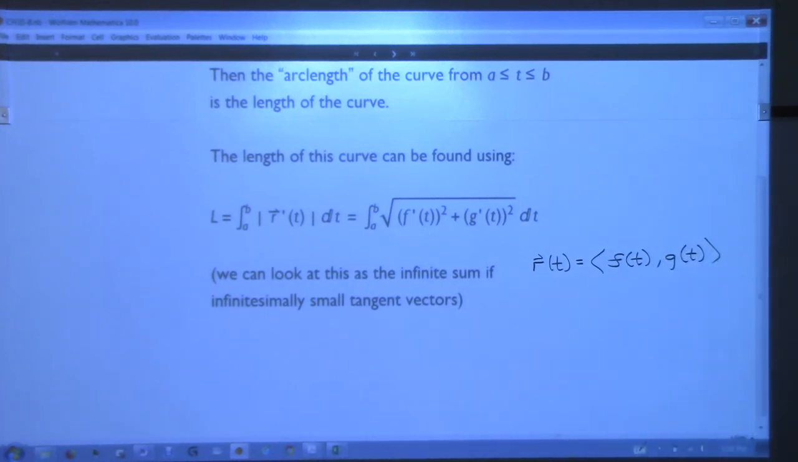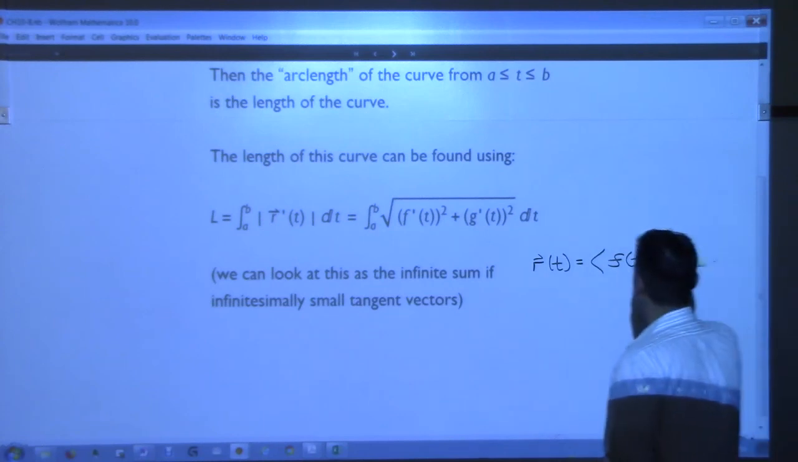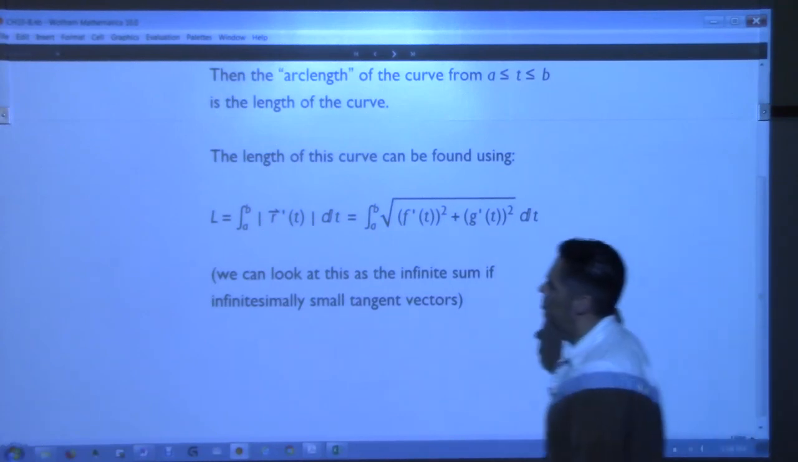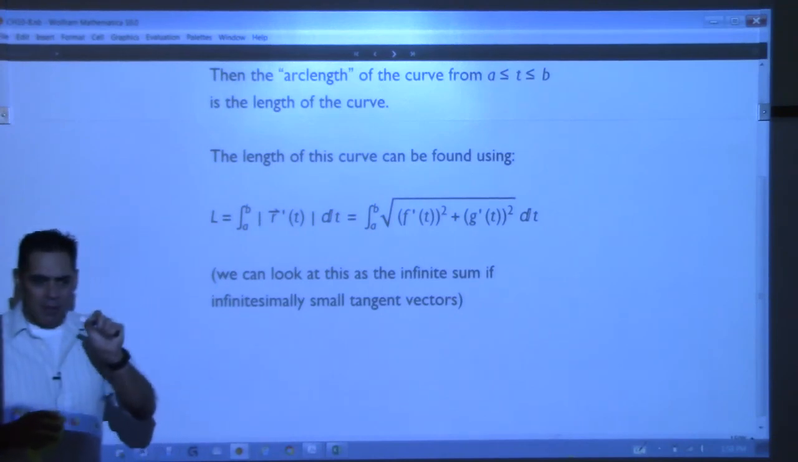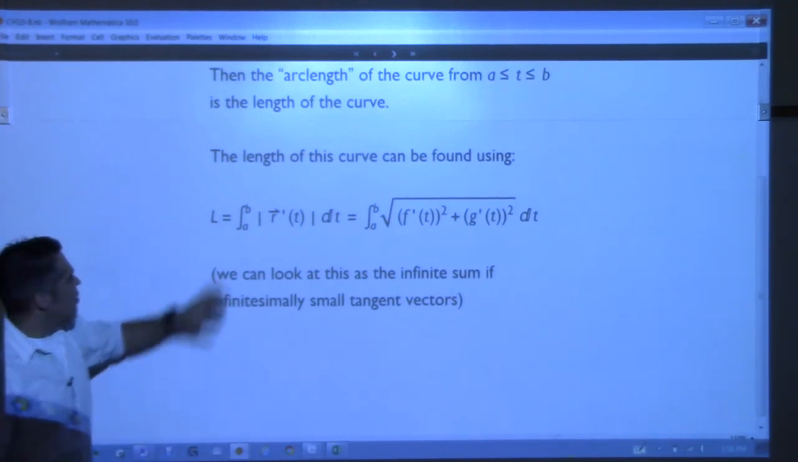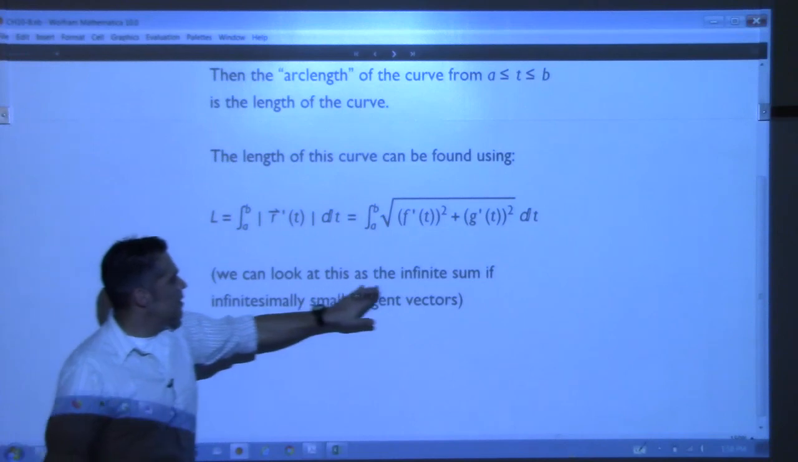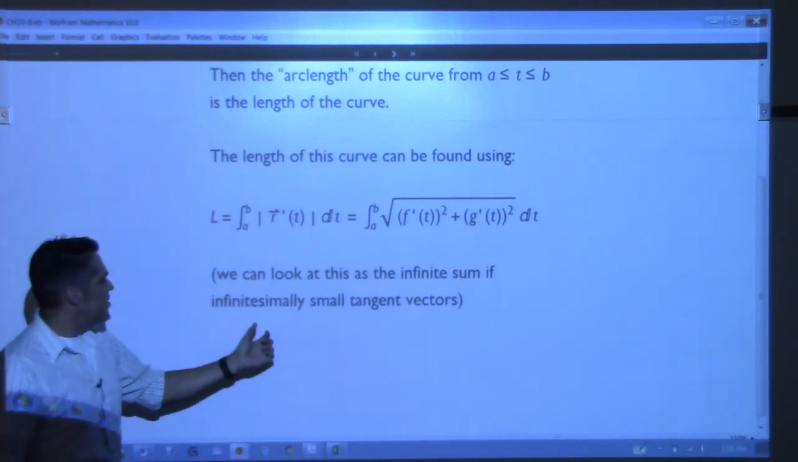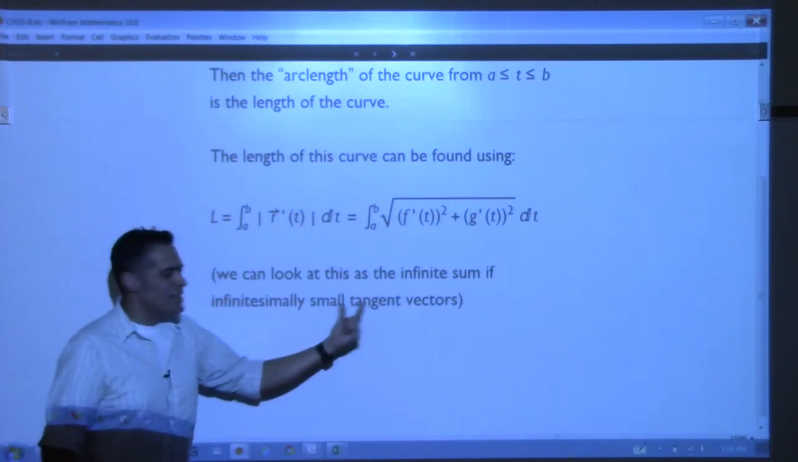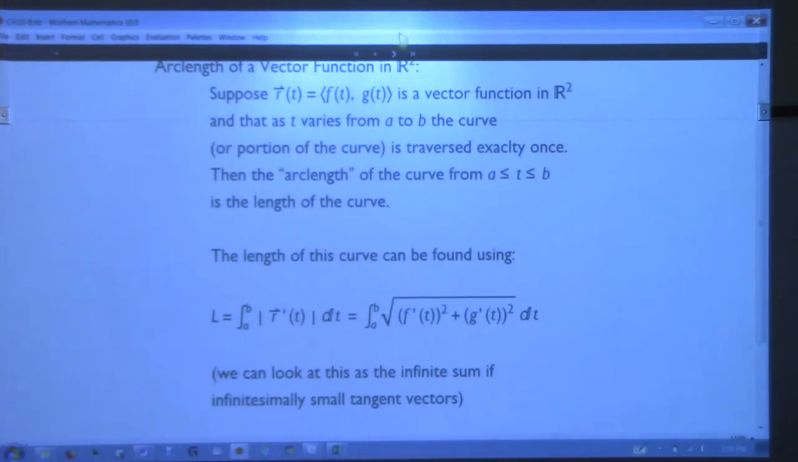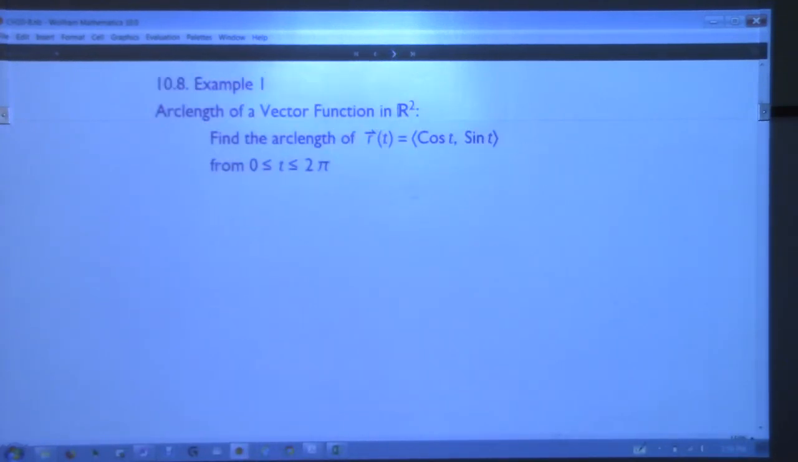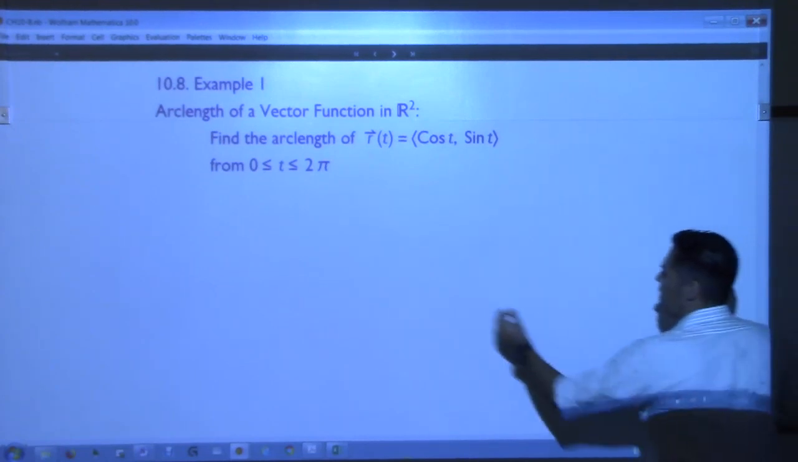We can look at this. I know in my Cal 2 class, I stress to my students that the integral sign means that we're adding up an infinite number of little tiny things. And so what we're doing is taking an infinite sum of infinitely small tangent vectors. And do I have a picture? I don't know if I have a picture. I don't, but I can kind of illustrate. If we want to find the arc